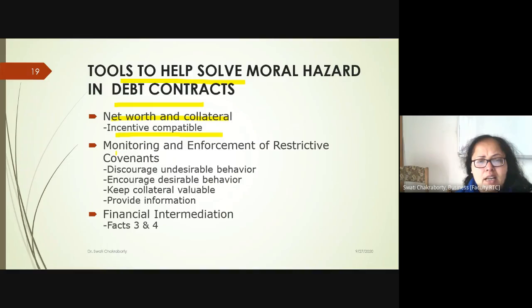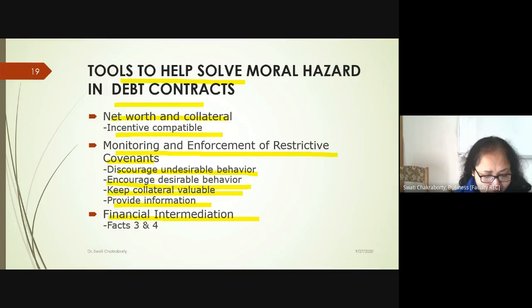Okay. Then next comes up is monitoring and enforcement of restrictive covenants. One discourages the unethical or undesirable behavior, and obviously encourages desirable behavior. It keeps the collateral valuable and provides information. And the third is the financial intermediation, which is again talking of fact 3 and 4. That is, indirect finance is many times more important than direct finance, and financial intermediaries, particularly banks, are the most important source of external funds